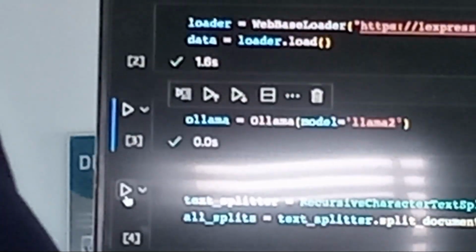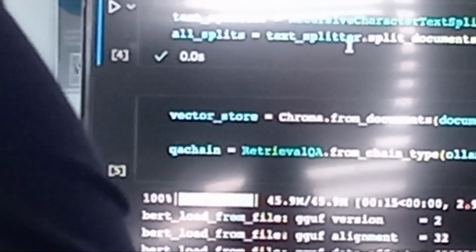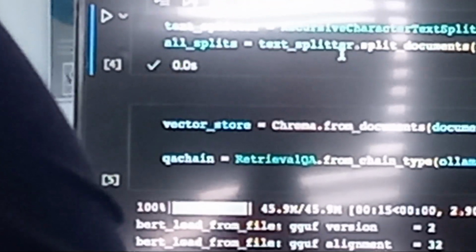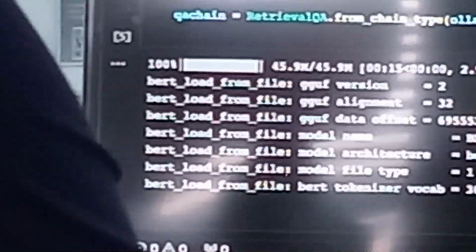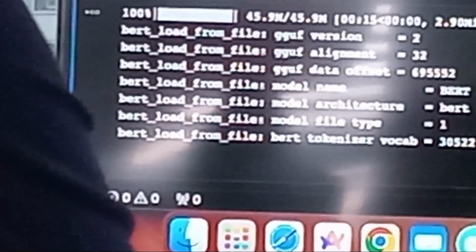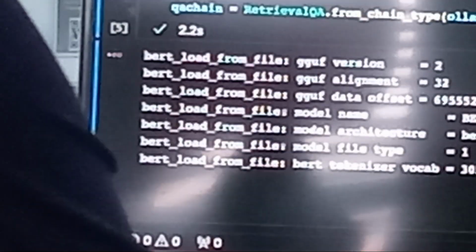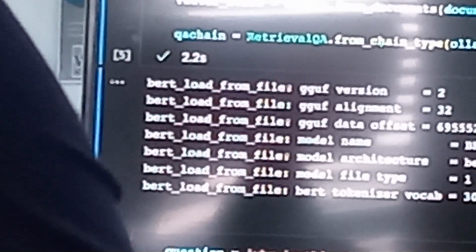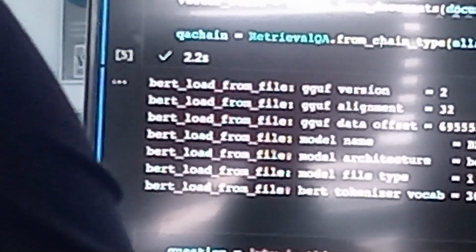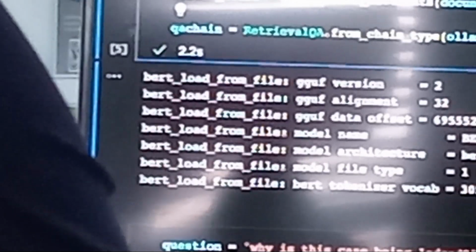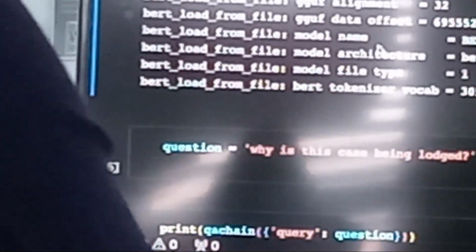Next, this is going to split the document into chunks. Each chunk is going to have 500 characters. It's just splitting that. And this one first converts all those chunks into embeddings using GPT4All embeddings, and then saves them into the Chroma vector database. This is just initializing the Ollama API, which is connected to the